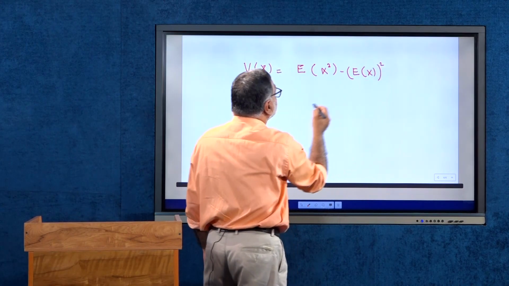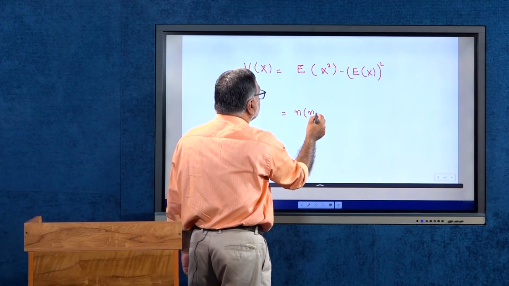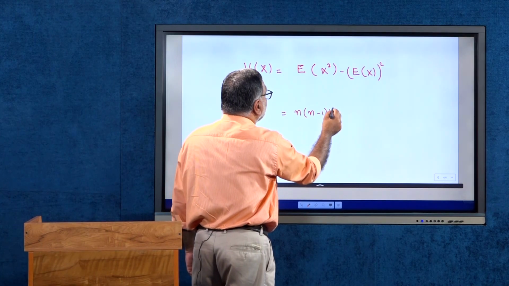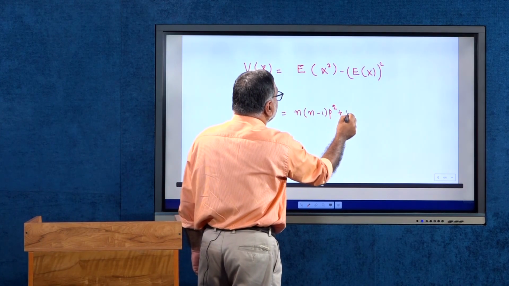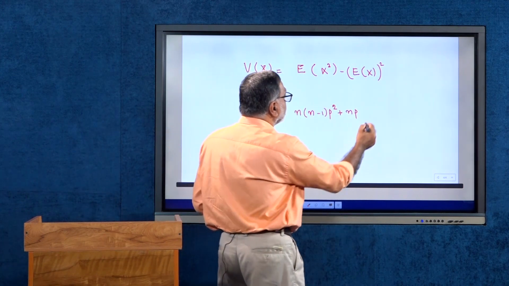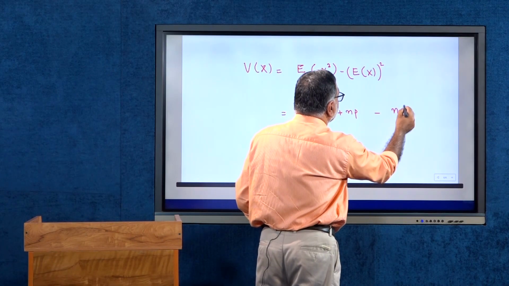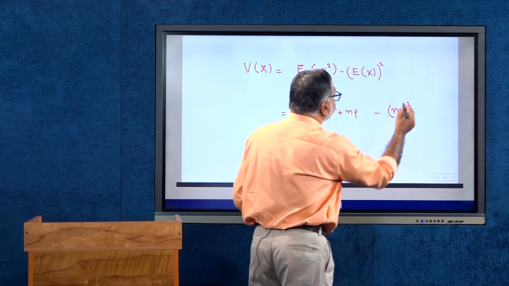And we calculated these values earlier: n into n minus 1 p square plus np, that is our expectation of x square, minus expectation of x, which we already calculated as np, the whole square,